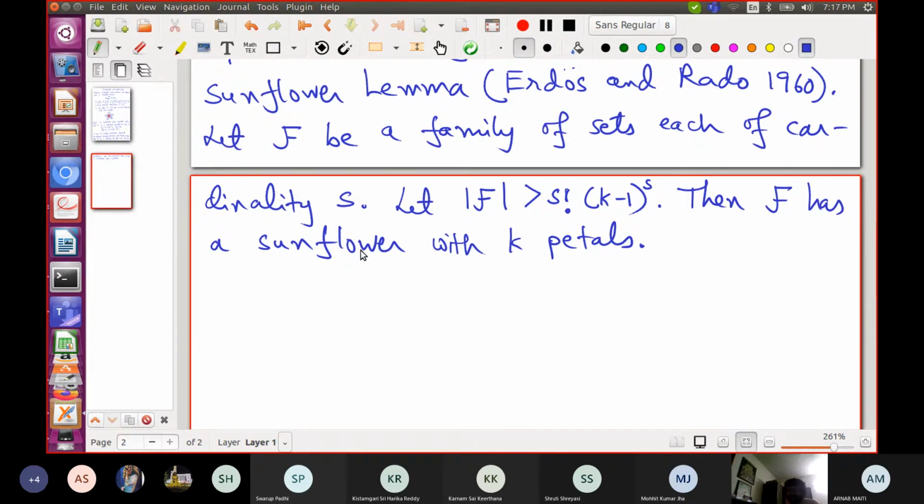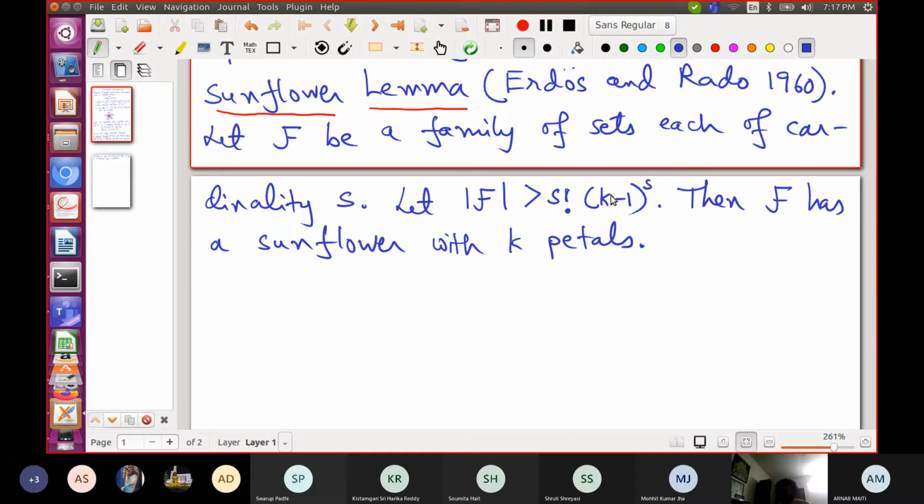Okay. So before proceeding to the proof, let me tell you a bit about how good these parameters are. Qualitatively, it says that a large family is bound to have a large sunflower, but you can still ask whether this is the best that we can do.